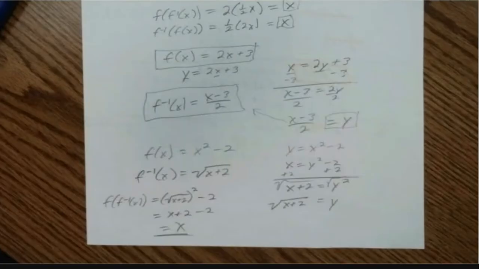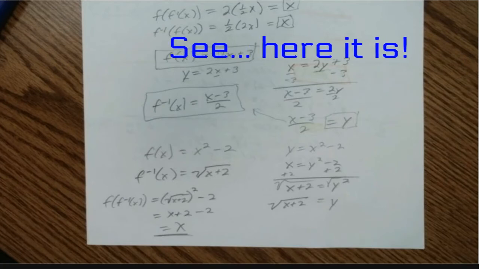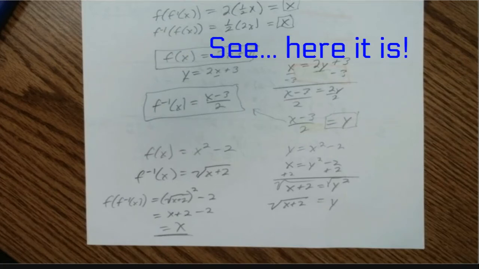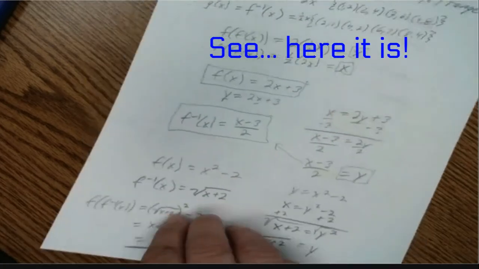It's important to note that not all functions have inverse functions. They have to be what we call one-to-one. So let me show you how we can tell that. Basically, no two elements in the domain would have the same range, which means this is one of those